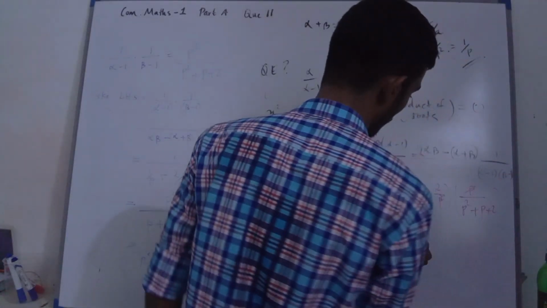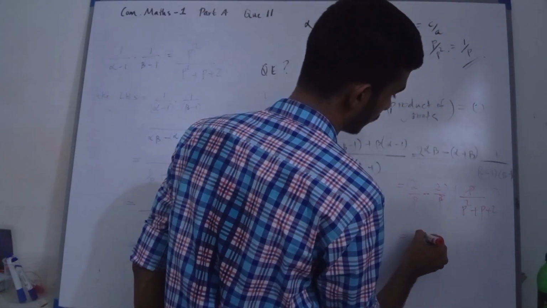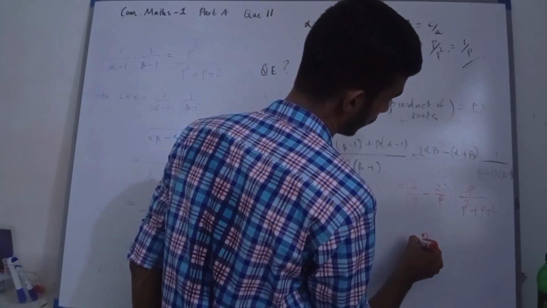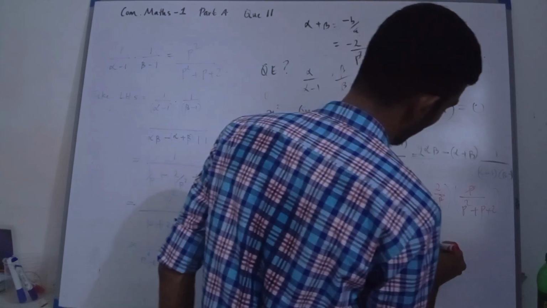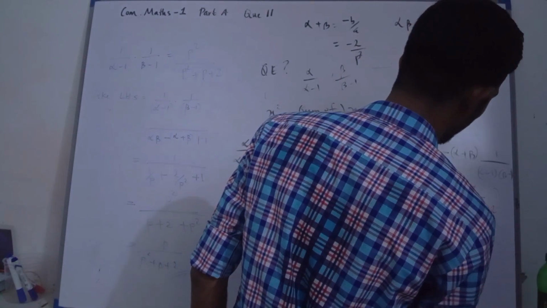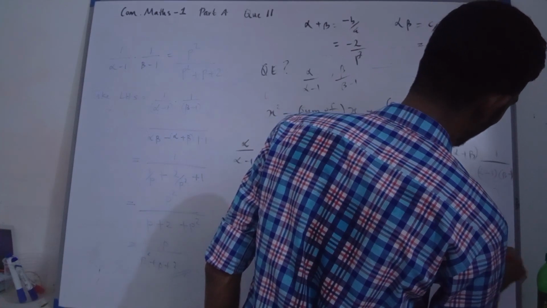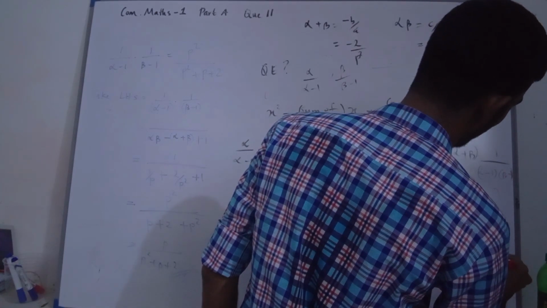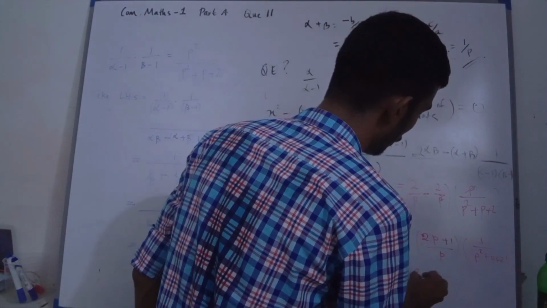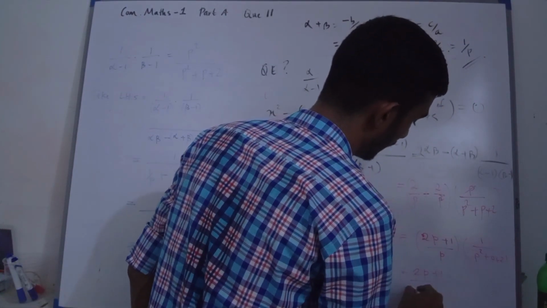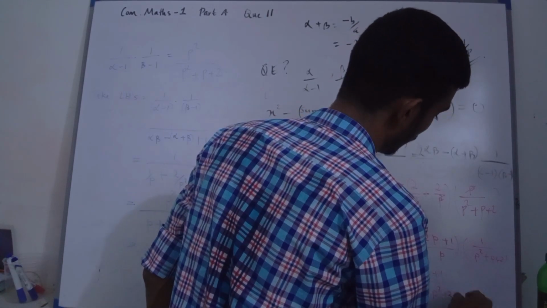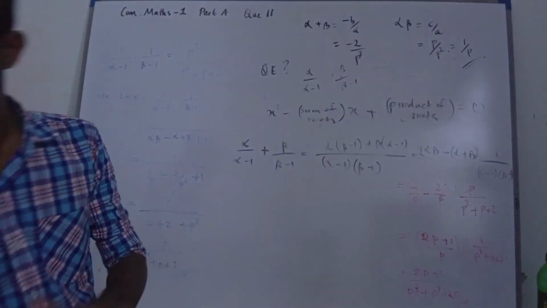So what I have is 2 into p plus 1 divided by p into 1 over p squared plus p plus 2. So I have 2p plus 1 divided by pq plus p squared plus 2p. Okay, so 2p plus 1